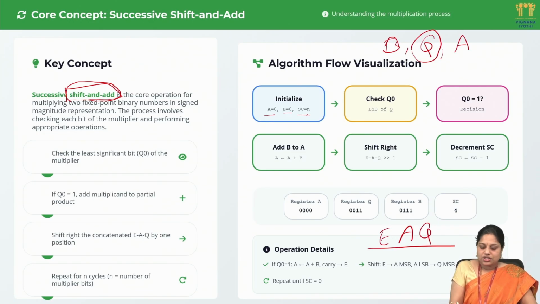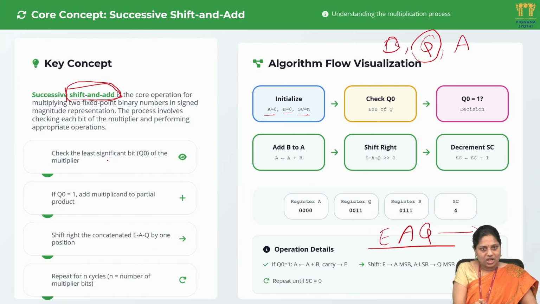So here this shift operation is performed on EAQ considering all together as a single value. Suppose if Q naught value is 0, instead of performing the addition, you are directly going with this right shift operation. So now coming to the series of steps which we are following under the multiplication algorithm,